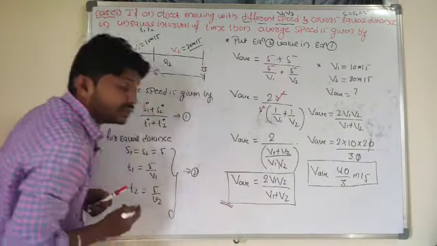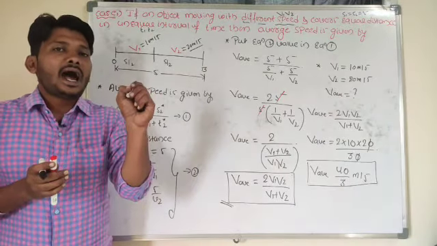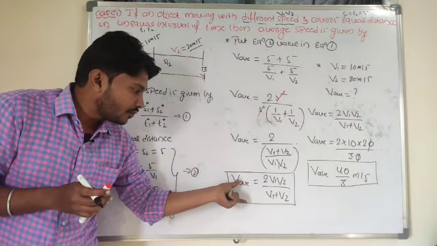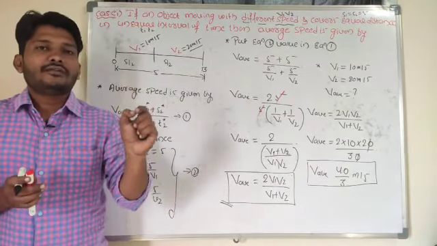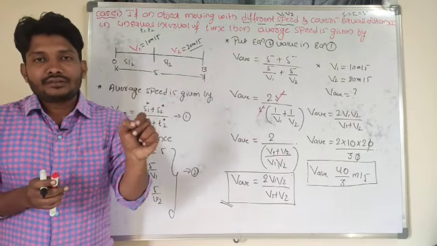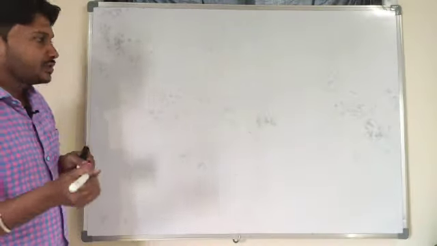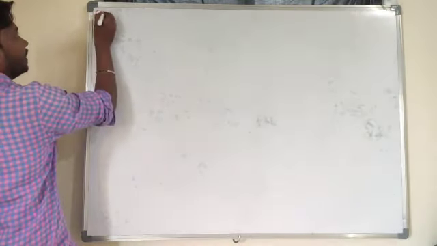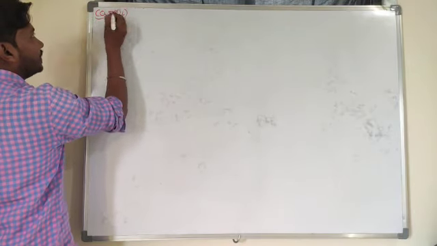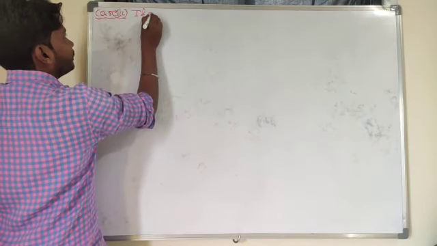When you need to use this equation: if an object is moving with different speeds and the object covers equal distance, remember the point. Okay students, look at the second case here. In the case of average speed for the different case, we are deriving the expression. In that second case I will take that if an object